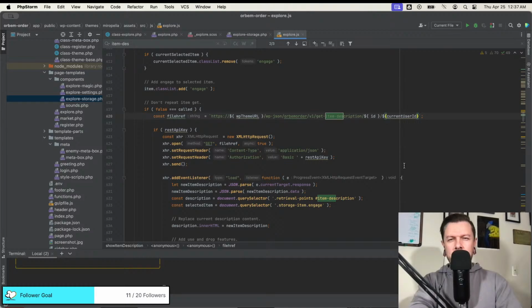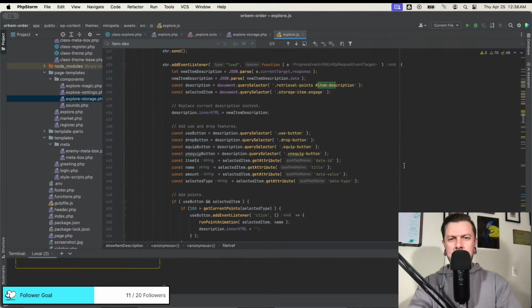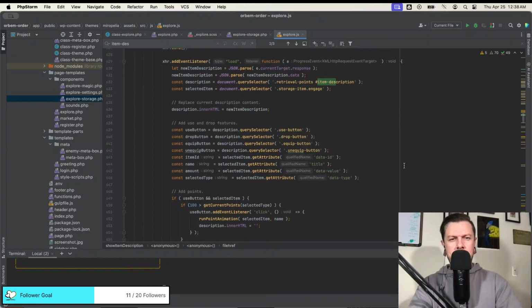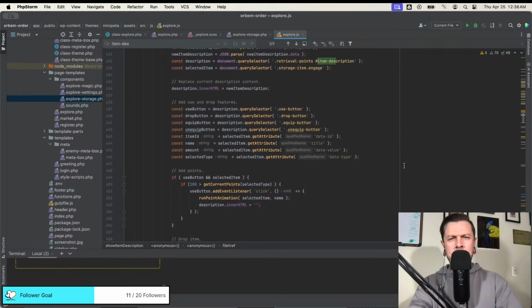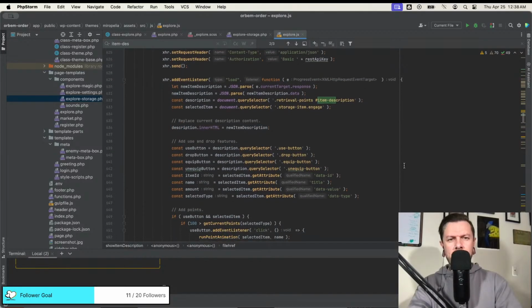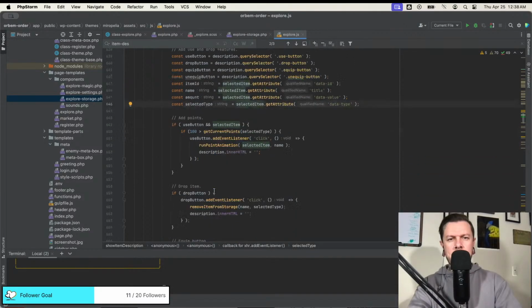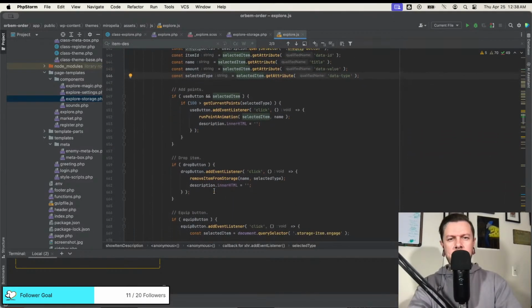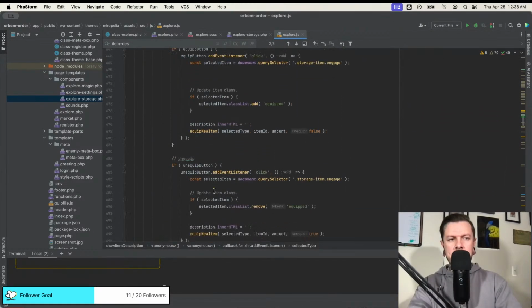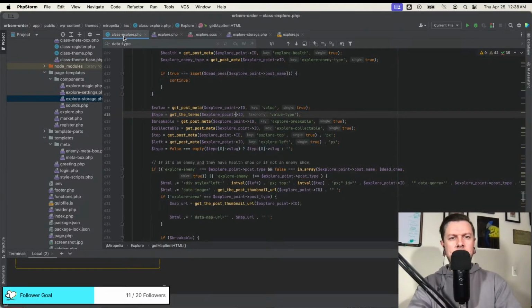Wait, what was the whole point of this? Because I don't think I need to pass it. Oh, selected item, storage engage. I guess I need it for... See, I already forgot what I was doing. I need it for... What did I need you for? Why did I do this whole thing? Because...